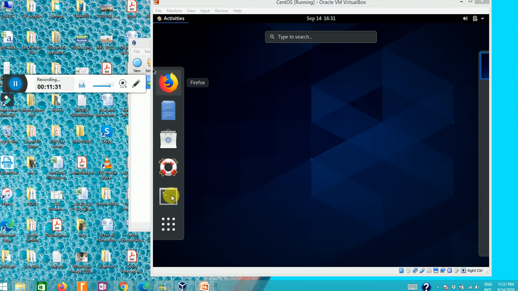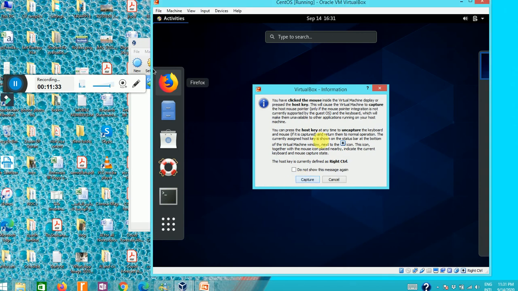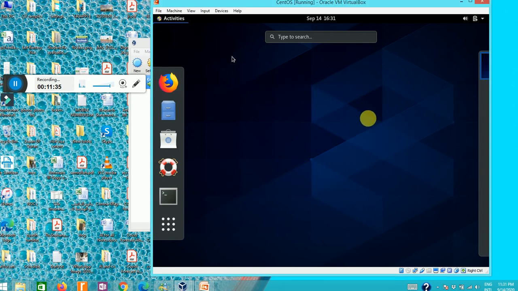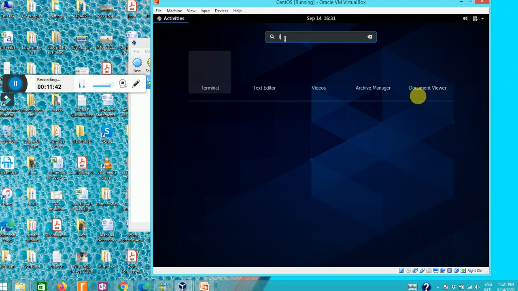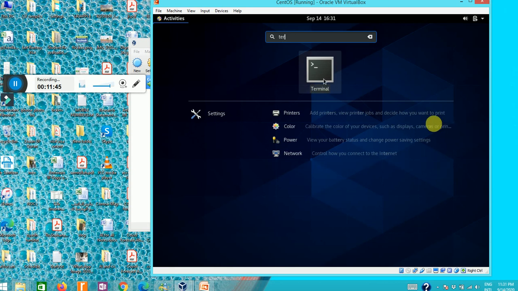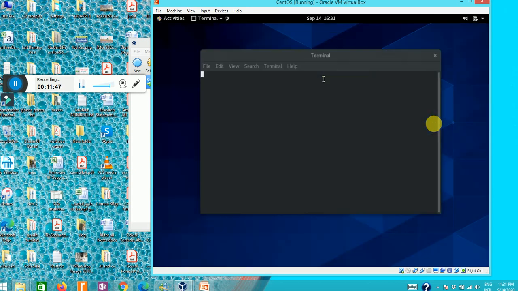You can click on Terminal, for example, or you can type any program name here. For example, there comes the terminal. So the terminal is started, and now you can start issuing Unix commands.